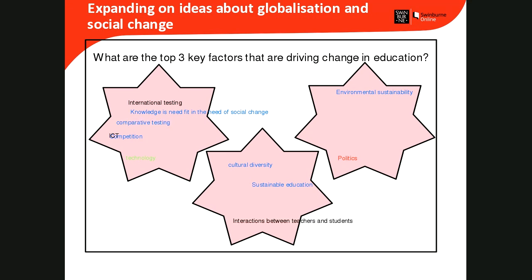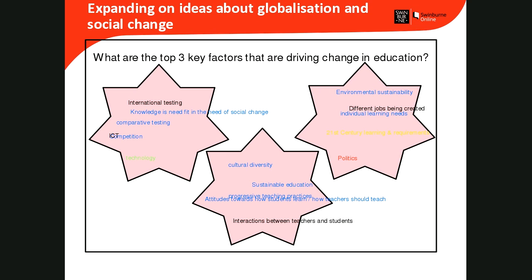And in the social change, the interactions between teachers and students. So I guess for that one, we say the interpersonal relationships, and that comes under social change. And I guess there too, you could link that to the change in pedagogy, in that the teacher is no longer the leader of the class and the giver of the knowledge. They are now more in partnership with students and, as we say, the guide on the side.